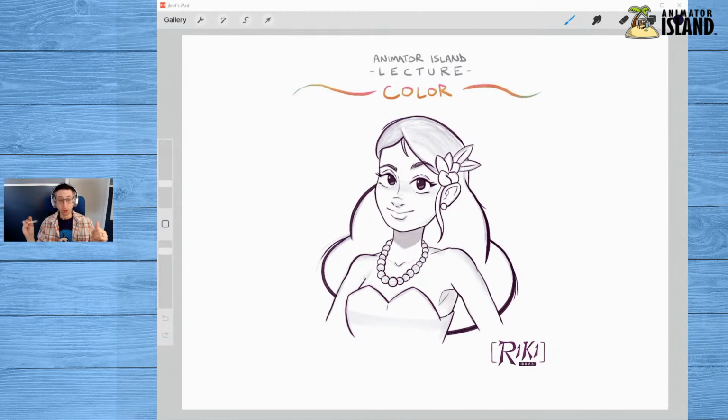So, first thing that we need to talk about when it comes to color is that, like facial proportions in characters, color is like a game of millimeters almost. What I mean by that is a tiny subtle shift in color can make a drastic difference.